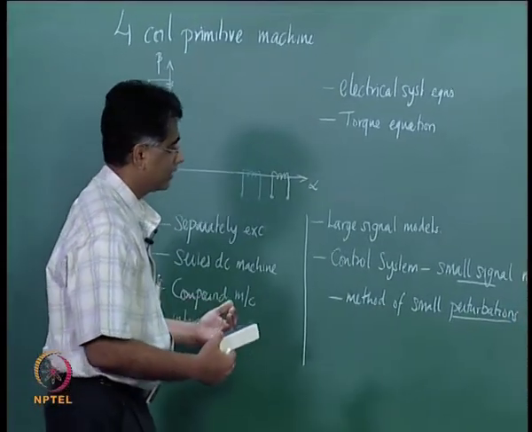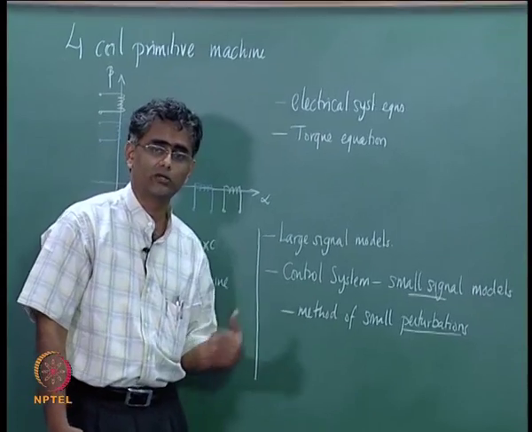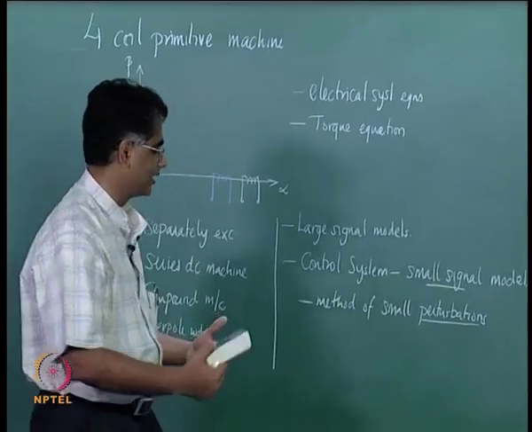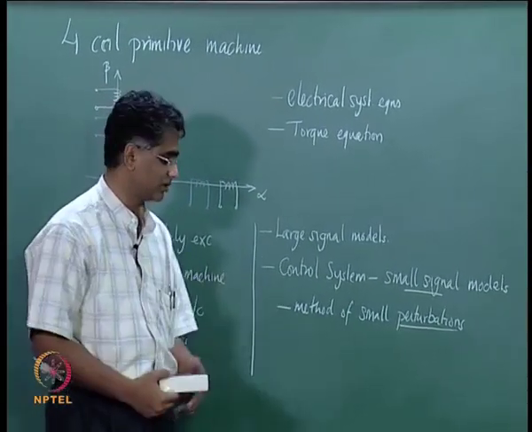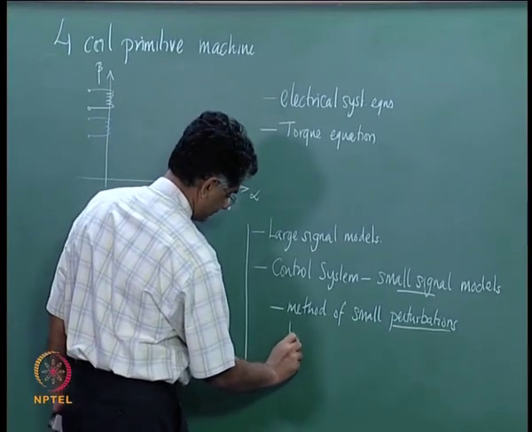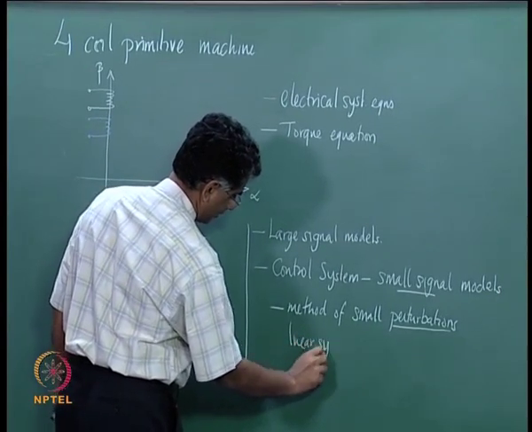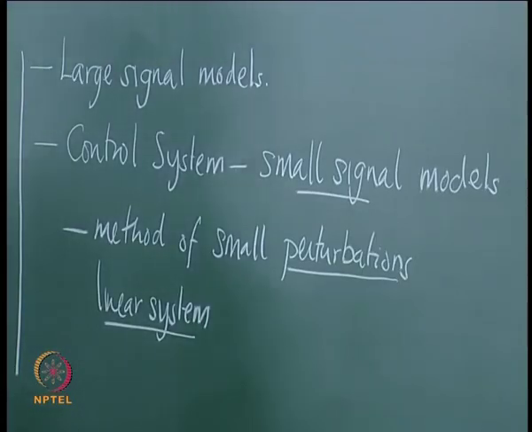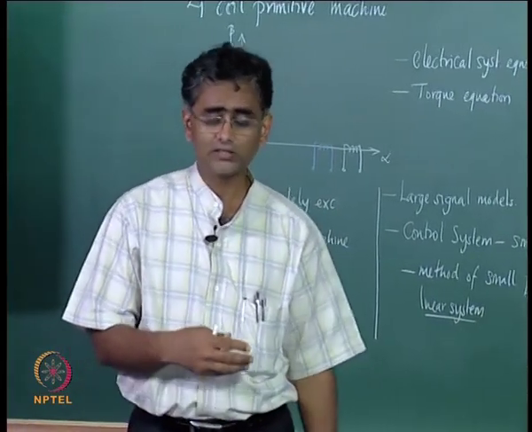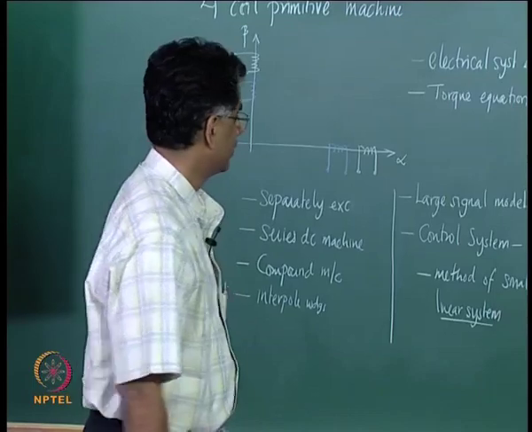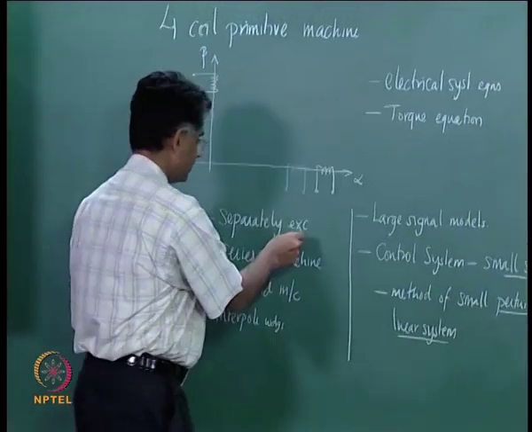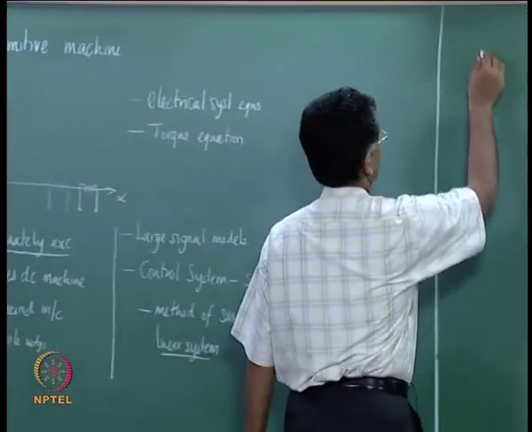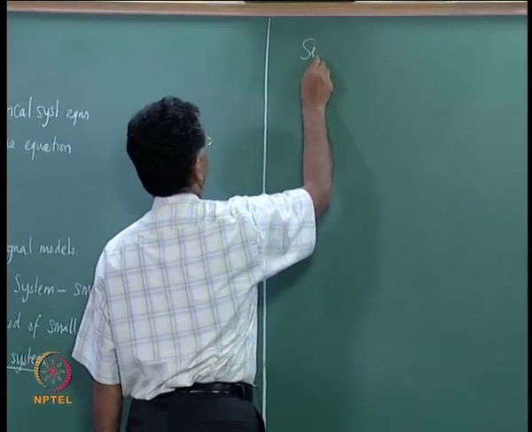We can derive a relationship between the disturbances that you apply at the input and the disturbance response that the system gives, and one can approximate the relationship between these disturbances to be a linear system. Since this approach is applied under various application areas, we will see how this can be done for the case of a separately excited DC machine. So if we look at the large signal model for a separately excited DC machine,